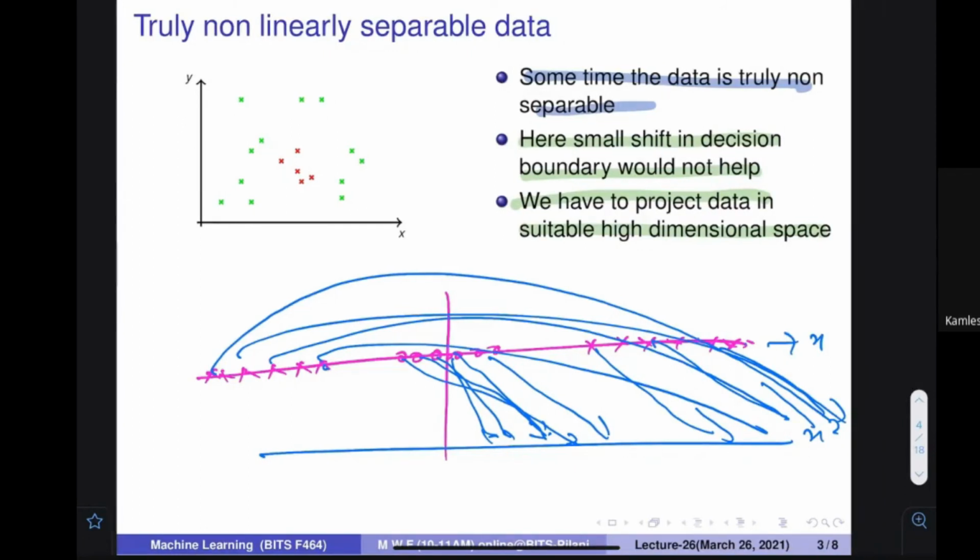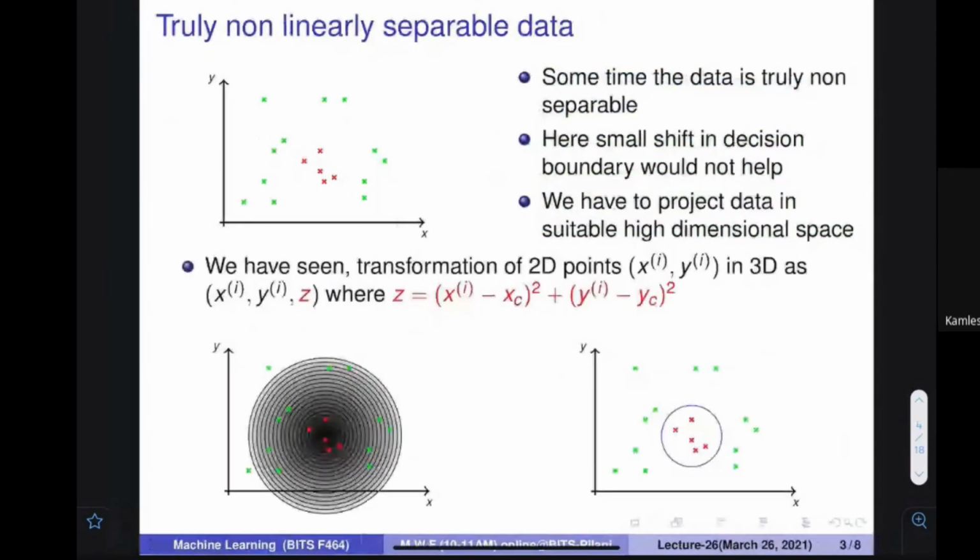Similar thing we have seen in the last class also: if this kind of data is given to you, when x, y two values are specified, you create one more value, that is z. Create the z by subtracting some constant from x and y and then taking the square. What does it mean? Subtracting some value means you are actually shifting the coordinate axis. Now the coordinate axis is here.